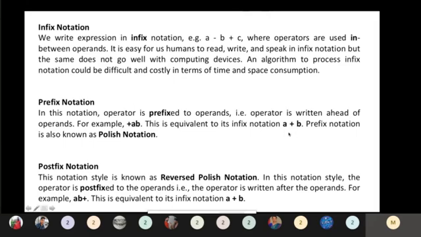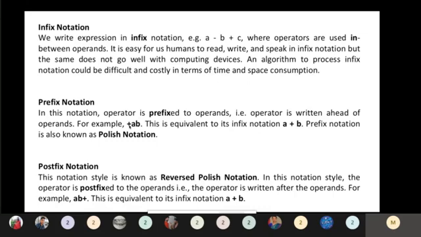For example, we have A plus B. What is A plus B? It is an infix notation. Why do we say infix notation? The operator is placed between the operands. The operands here are A and B. Now, we want to represent this infix notation in the form of prefix notation. It can be written as plus A B. Plus is the operator, so the operator is placed first, followed by the operands. It is called prefix notation.